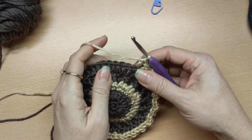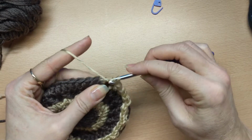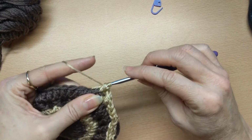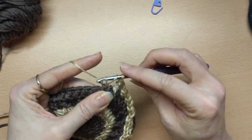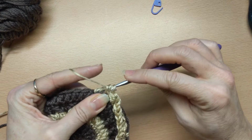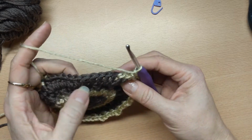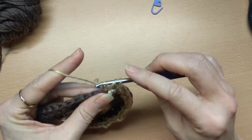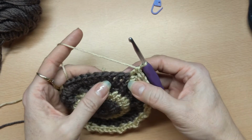And now we're going to repeat again, and we're going to do 2 groups. So you skip one, skip the first post, do a front post double crochet, come back to the one you missed, and then do that again, front post double crochet, come back to the post you missed, and that gives us 2 groups. And now we're going to do a double crochet on the top stitch to create an increase, and we're going to repeat that again. So 2 groups,